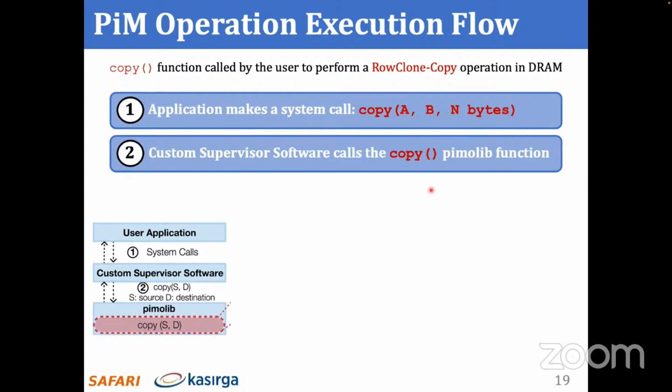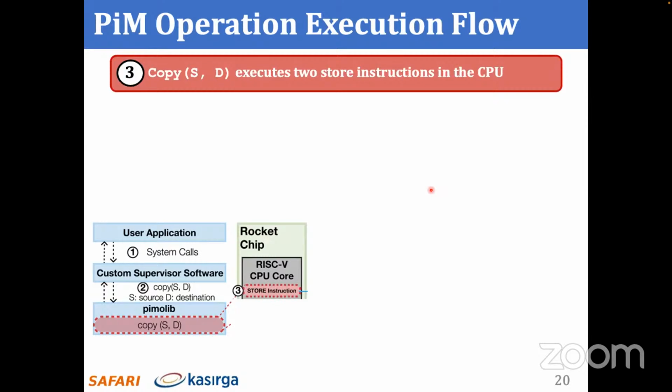The second step, custom supervisor software calls the copy function of the extensible library. This has the following semantics. It has a source DRAM row and a destination DRAM row. And the translation from the virtual addresses here to source and destination DRAM rows is made by the custom supervisor software. This, in turn, will cause the